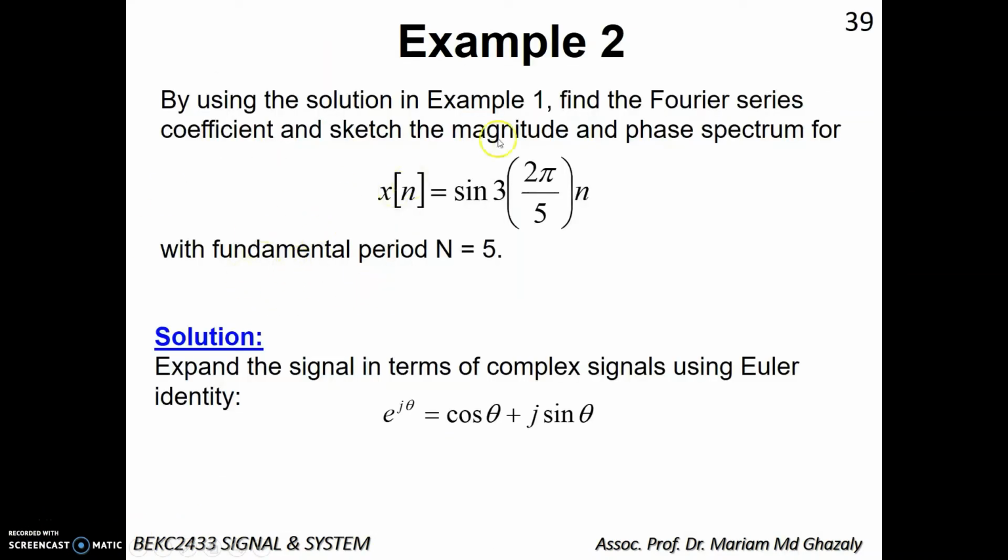Alright, so let's go to the second example. What we have here is, by using the solution in example 1, find the Fourier series coefficient and sketch the magnitude and phase spectrum for x[n] equal to sine 3, 2 pi over 5 n. So you may see here that 2 pi over 5 is actually the Fourier